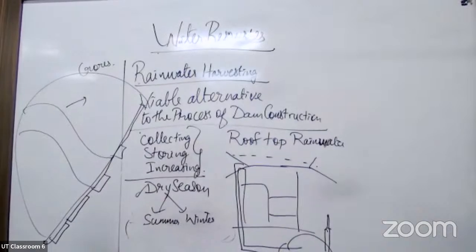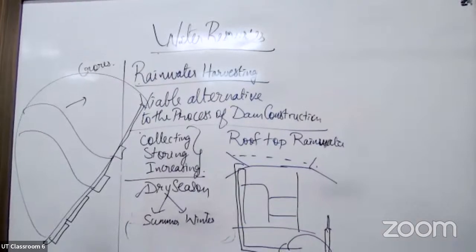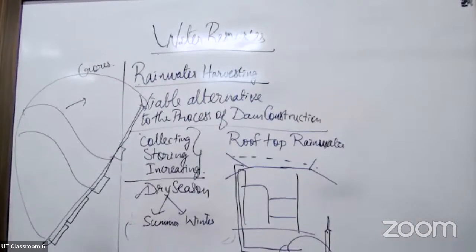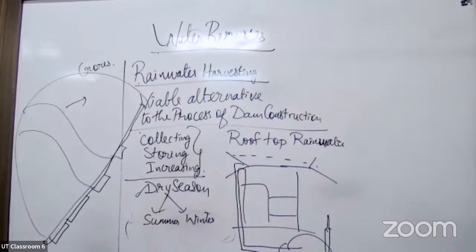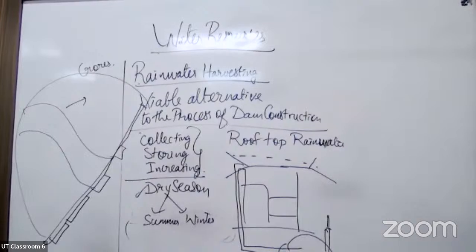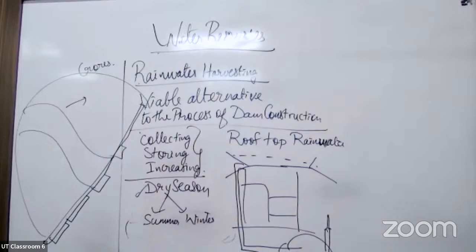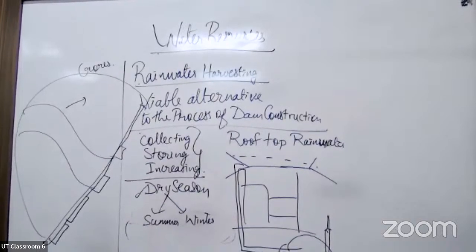Rainwater harvesting is a viable alternative to multi-purpose projects, both socio-economically and fundamentally. It is a technique of increasing the recharge of groundwater by capturing and storing rainwater by constructing structures such as ductworks, percolation pits and check dams.